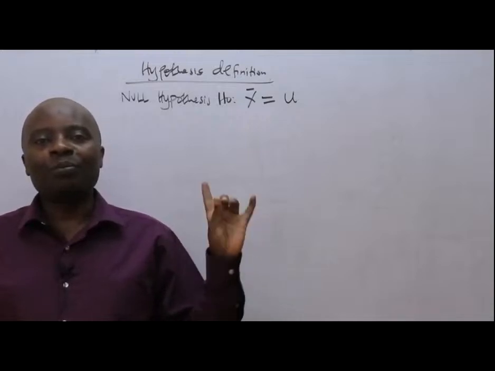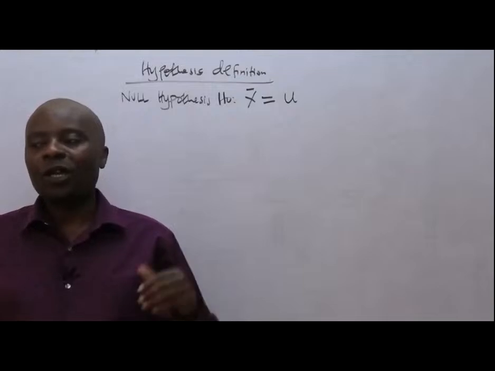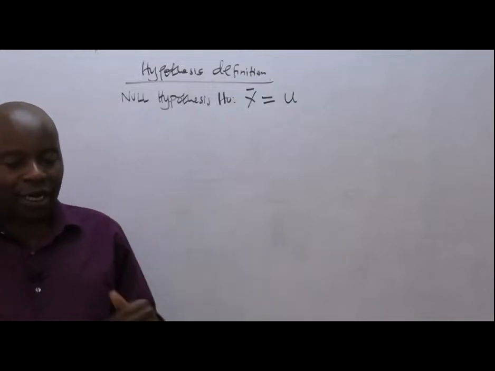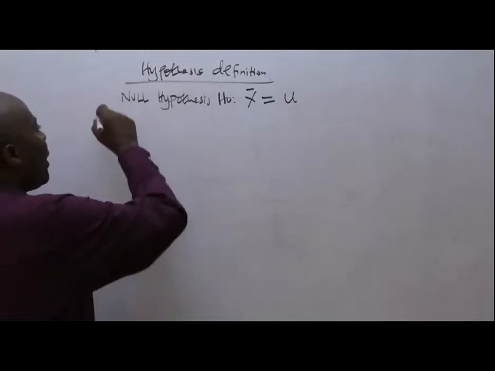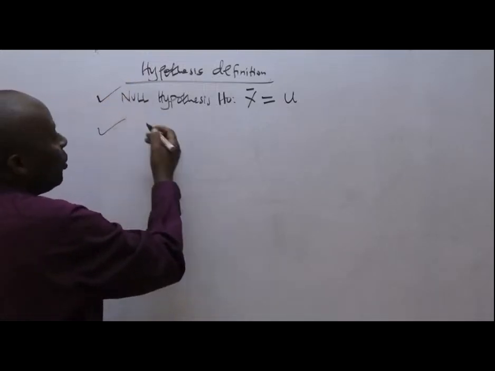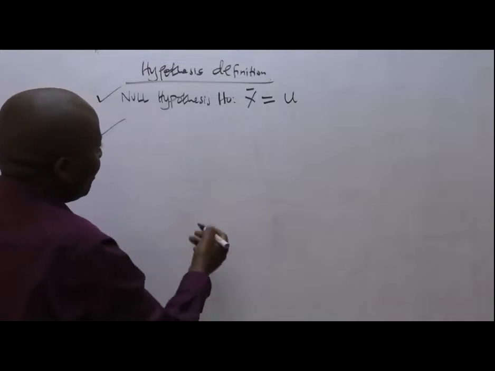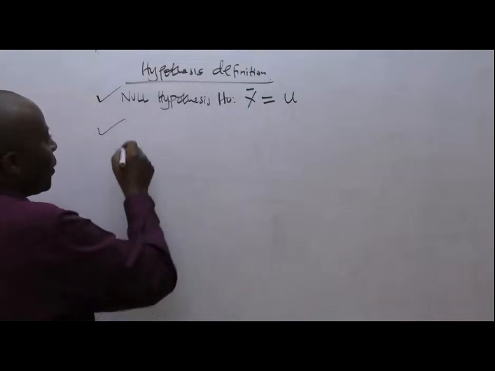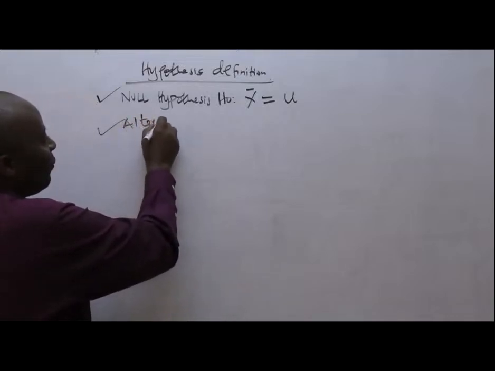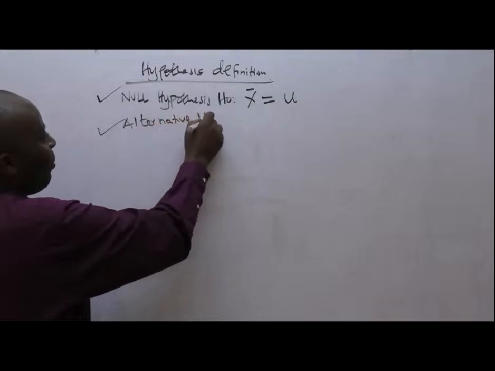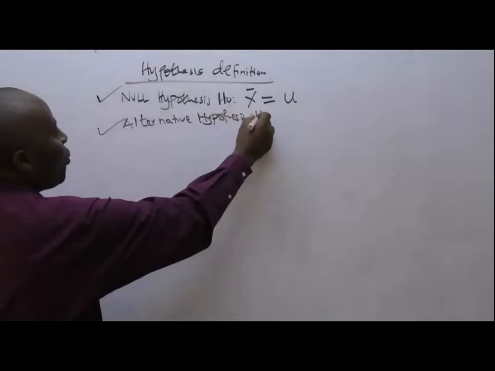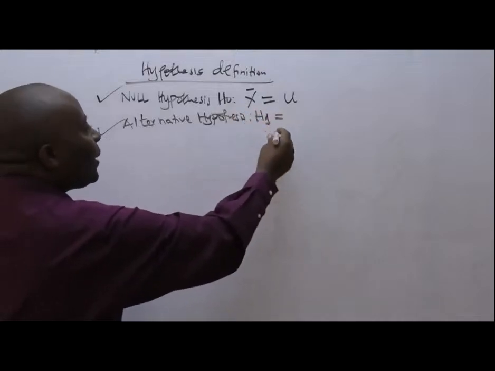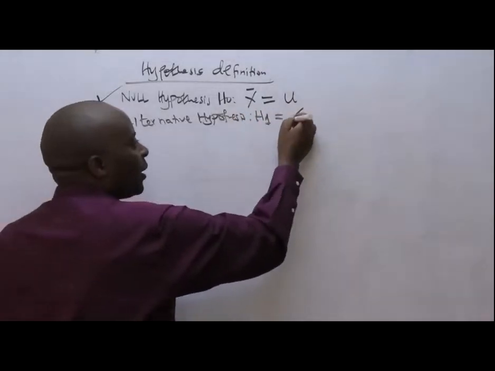And the mu stands for population mean. I want to believe you guys have done that. Now for us, when we come to the table, we must also put down our alternative hypothesis. So the alternative hypothesis, which will be H1, will be the one that is going to prove that